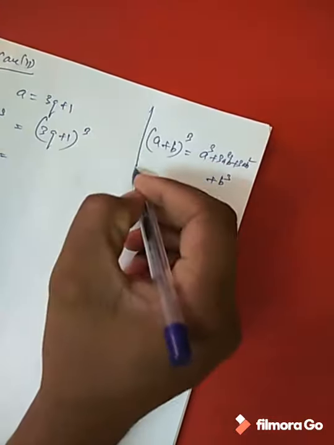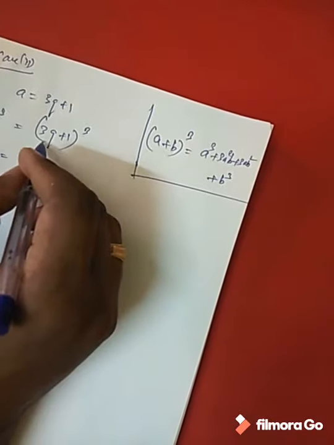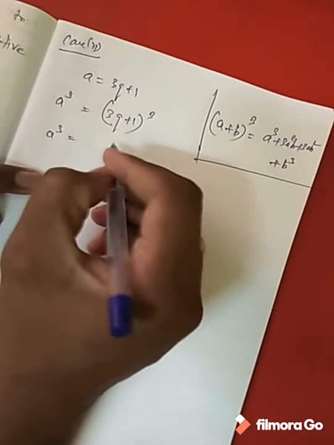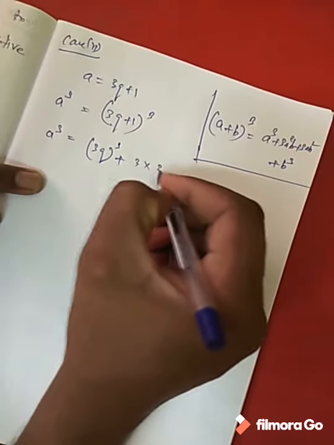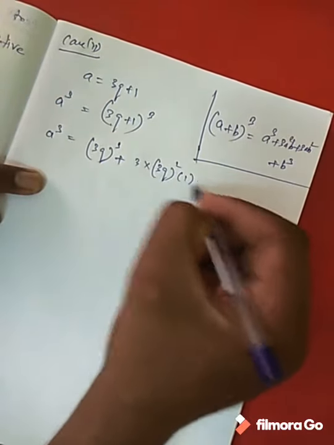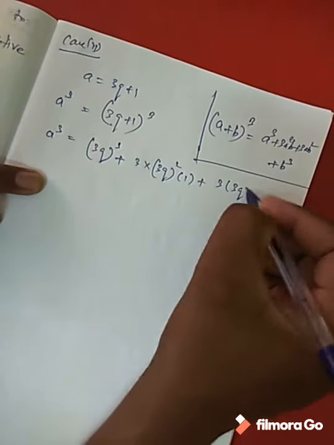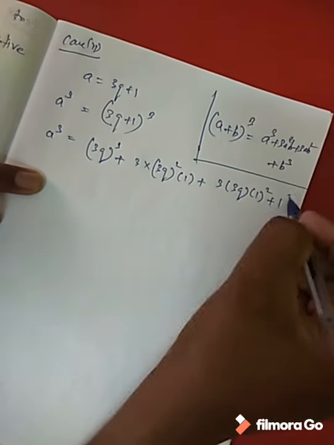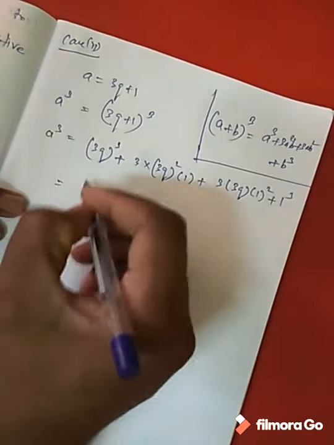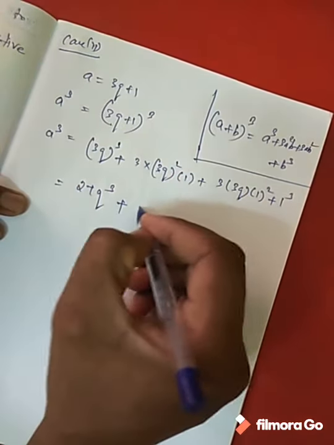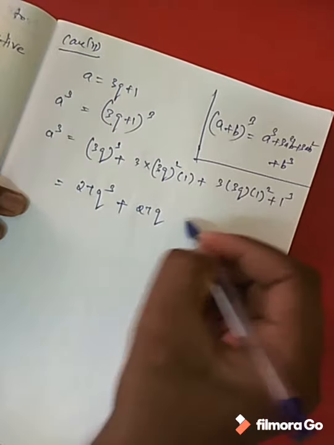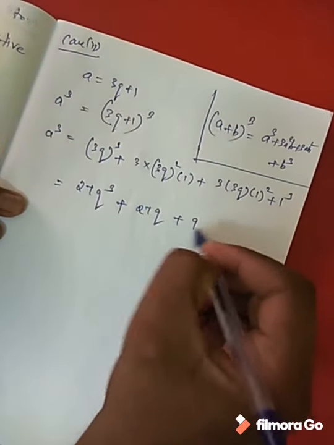So using that we can expand: 3q the whole cube plus 3 into 3q the whole square into 1 plus 3 into 3q into 1 square plus 1 cube. So 27 q cube plus 3 into 9, 27 q square, plus 3 into 3, 9 q,